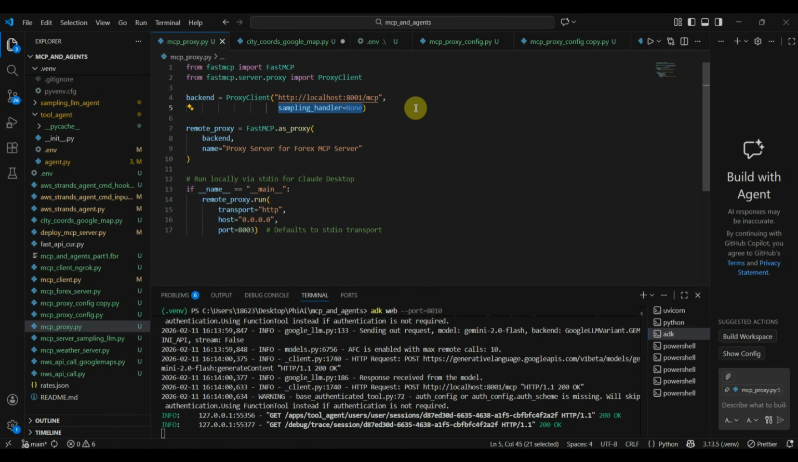And this is a very, very new feature, and almost none of the MCP clients are supporting that. But in the future, there are big plans for this particular LLM sampling idea. Now, when I have my proxy client, which I call the backend, I can now define my MCP server as